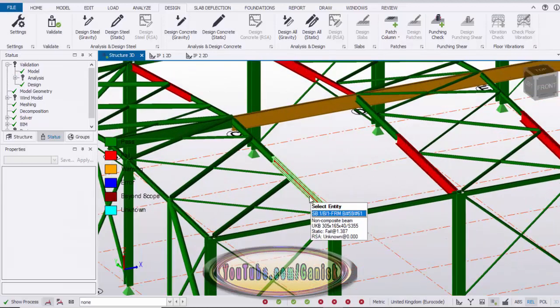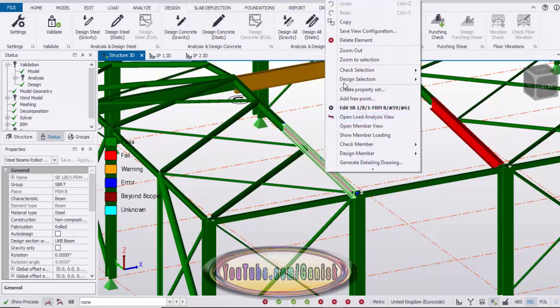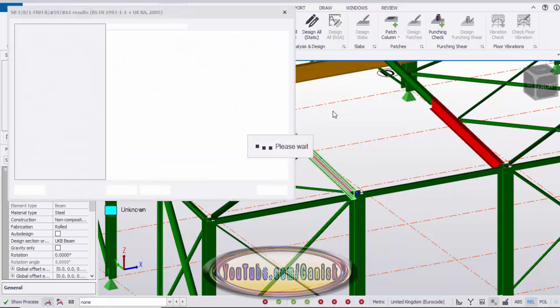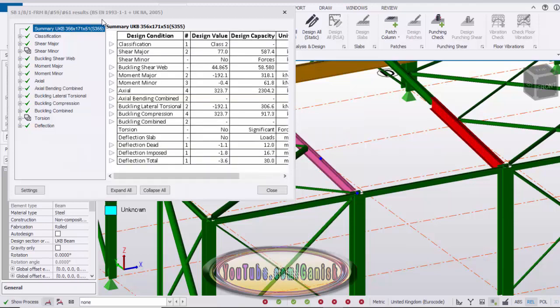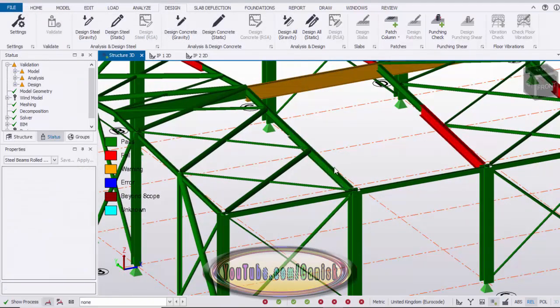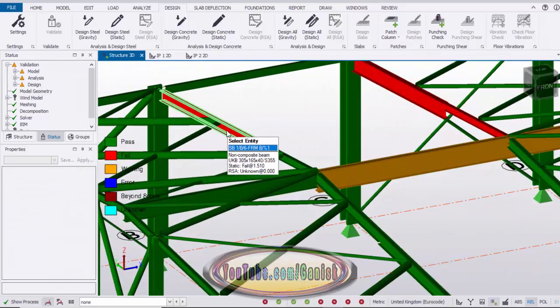You can redesign independently with one member: select this member, right click on the mouse, click on design member and click on static. You can see it is now designed with the size UKB 356 by 171 by 51. Click on escape to exit the command. You can see it has turned green, which means this member has passed.